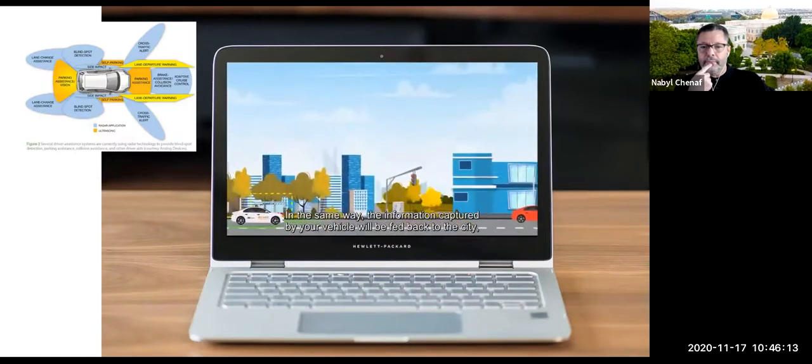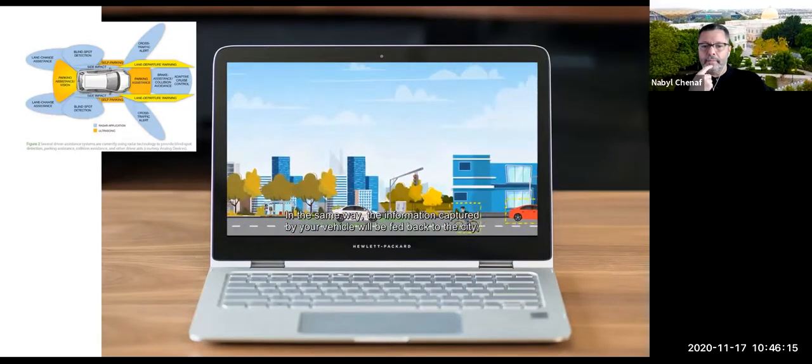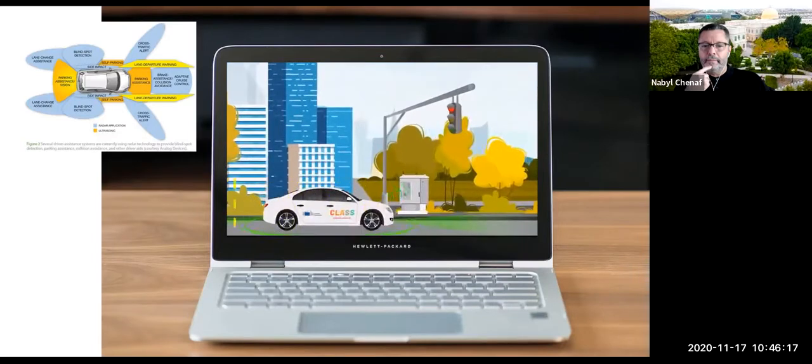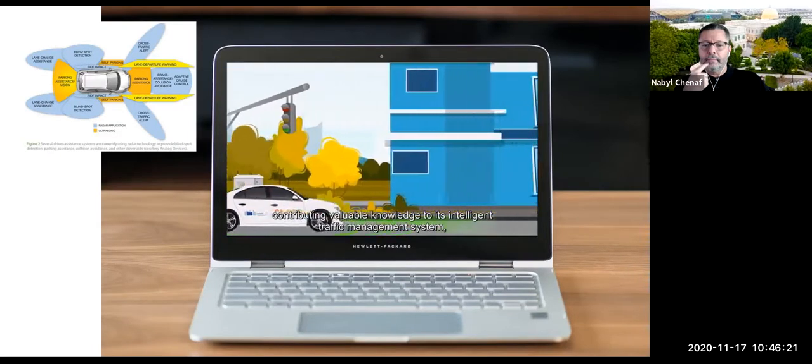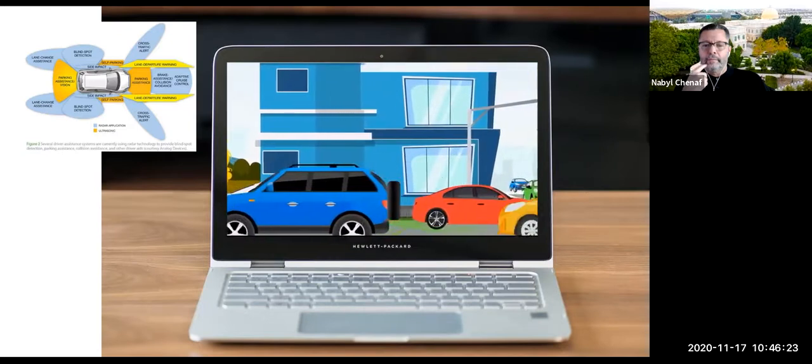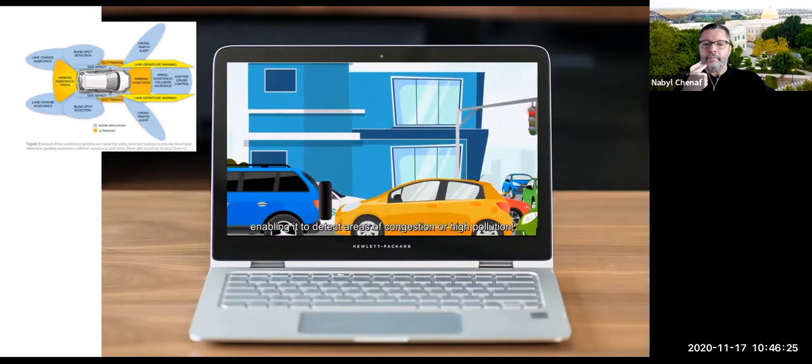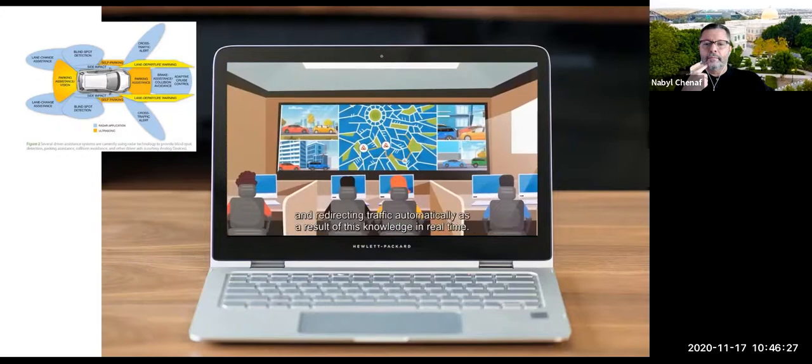In the same way, the information captured by your vehicle will be fed back to the city, contributing valuable knowledge to its intelligent traffic management system, enabling it to detect areas of congestion or high pollution and redirecting traffic automatically as a result of this knowledge in real time.